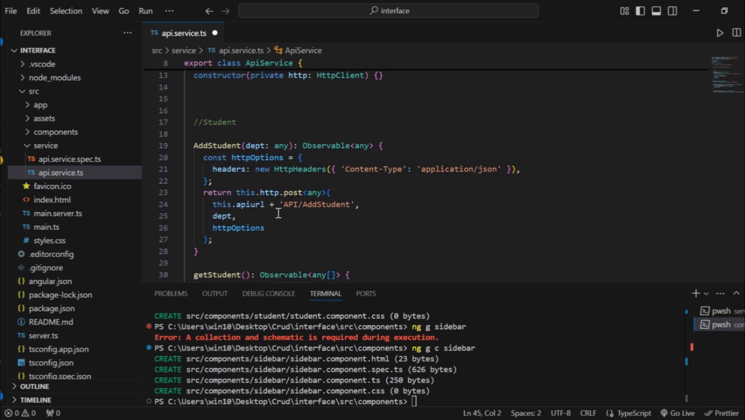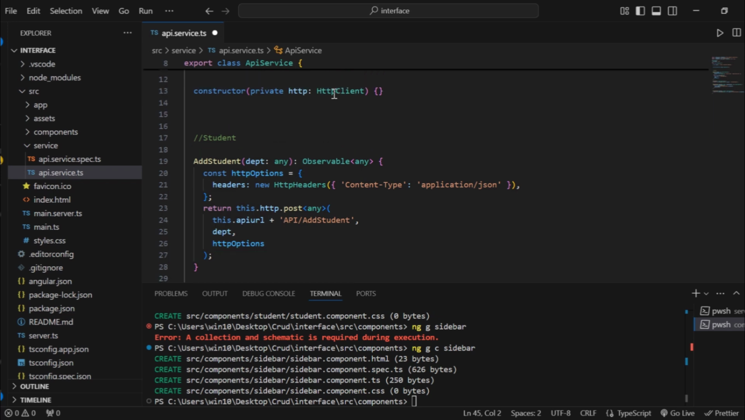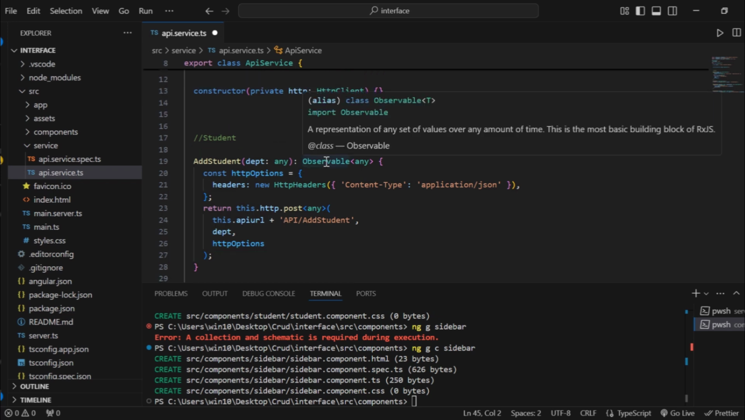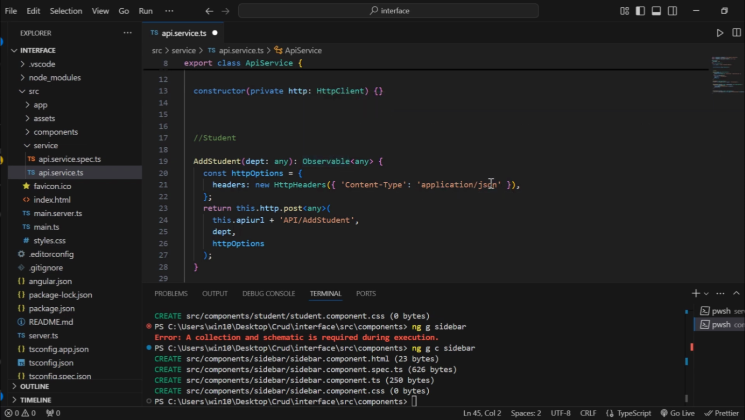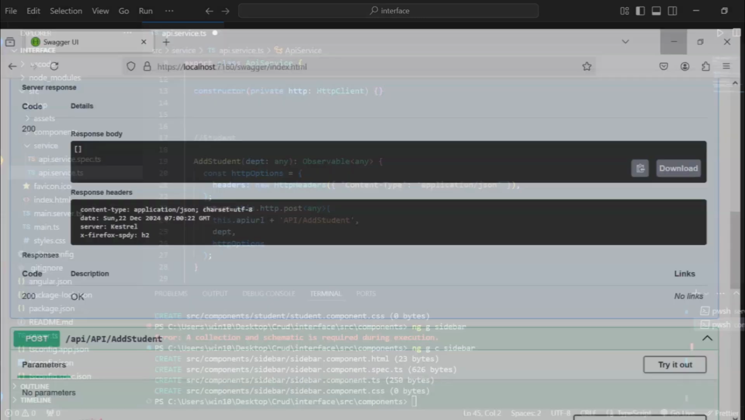This HTTP client is hit to the HTTP request, and then this HTTP client request is passed to this observable. This observable returns the result, and then this application/JSON, which is available here in the Swagger, is provided here, and then it returns to the HTTP post, which provides any type of ID. Then it returns the API URL, meaning API/add student. As you can see in Swagger,